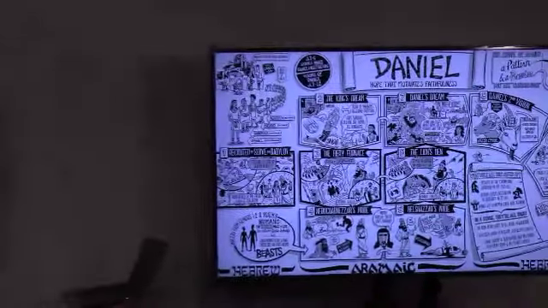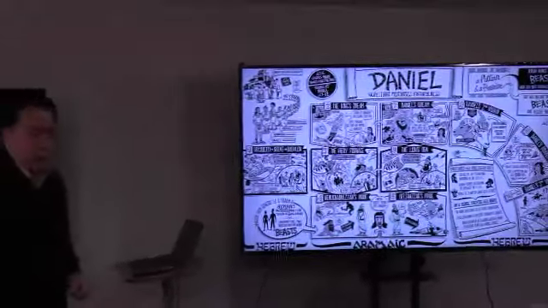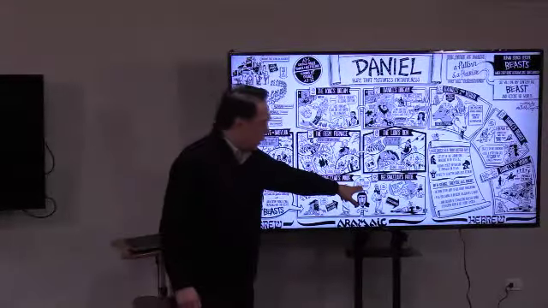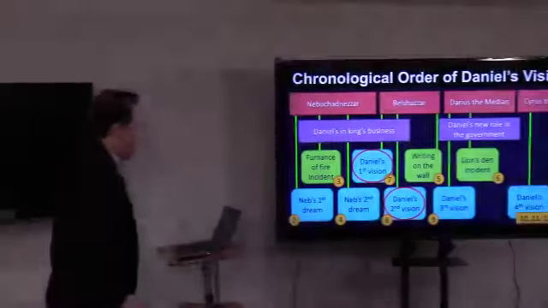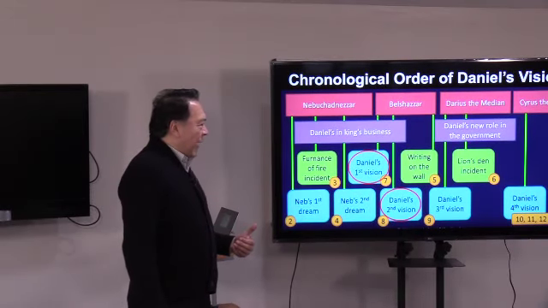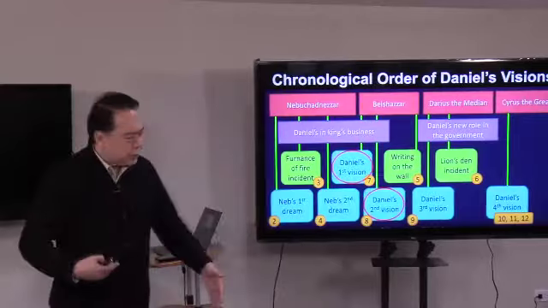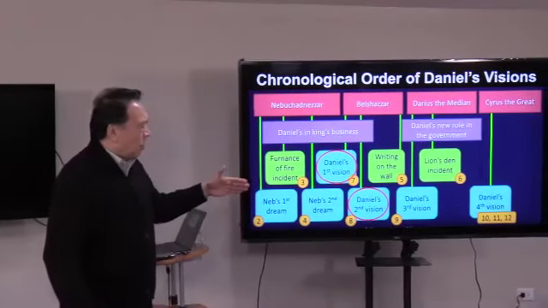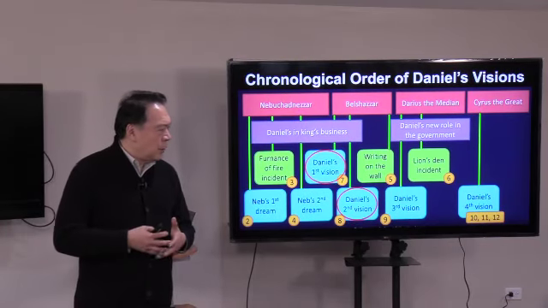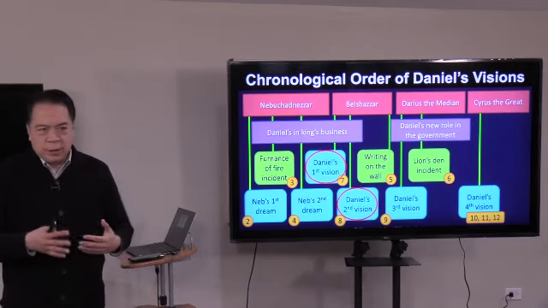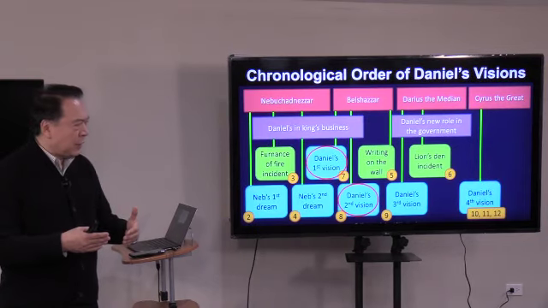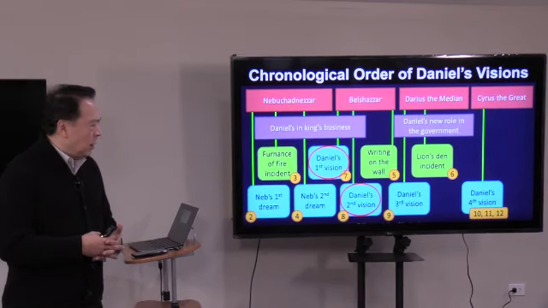We covered the humiliation of Nebuchadnezzar last week. Now we will cover the destruction and the downfall of Belshazzar in chapter 5. Again, let me repeat the reason why Daniel has a chiasm, I guess it's just the reverse. You will notice that the chronological order in Daniel, most of them are in reverse. And the reason for that is not so much the fact that Daniel was missing in terms of time sequence. Daniel basically followed the chiasm that will help us understand what he was trying to convey.